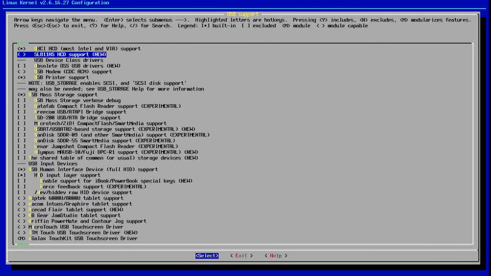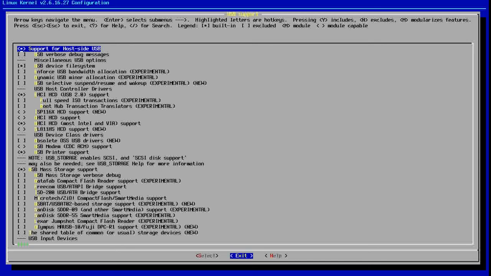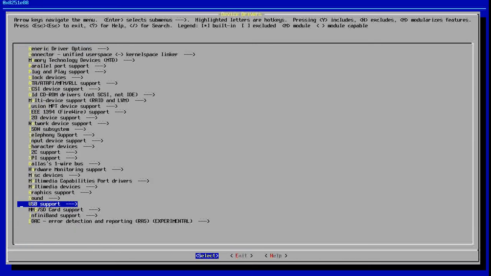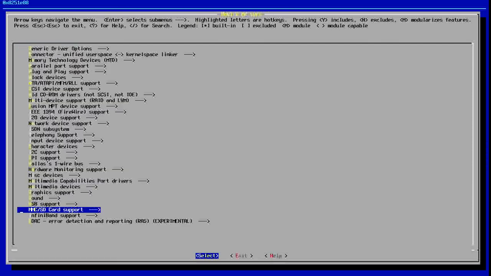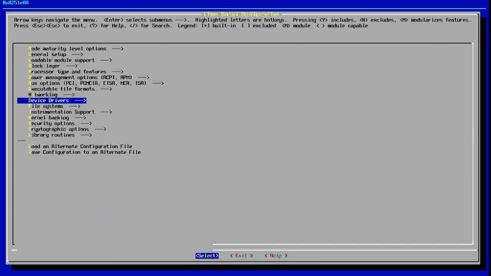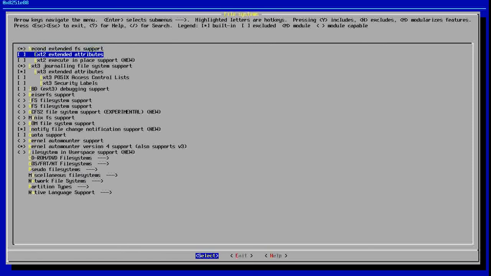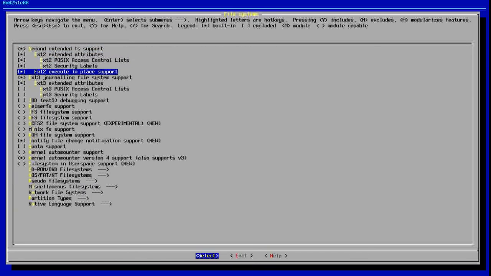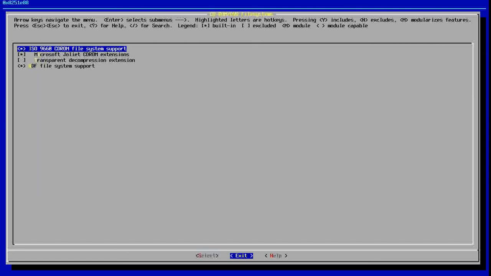Okay. Let's see, what is that? I think I know what that is. Ah, I know what that is. Yes, I do know what that is. InfiniBand. Okay. Cool. File systems. Yeah, ext2 is cool. Let's add all that stuff there. And ext3, I'll show you something else in a few, but it's pretty interesting. We'll get to it. CD-ROM, DVDs,